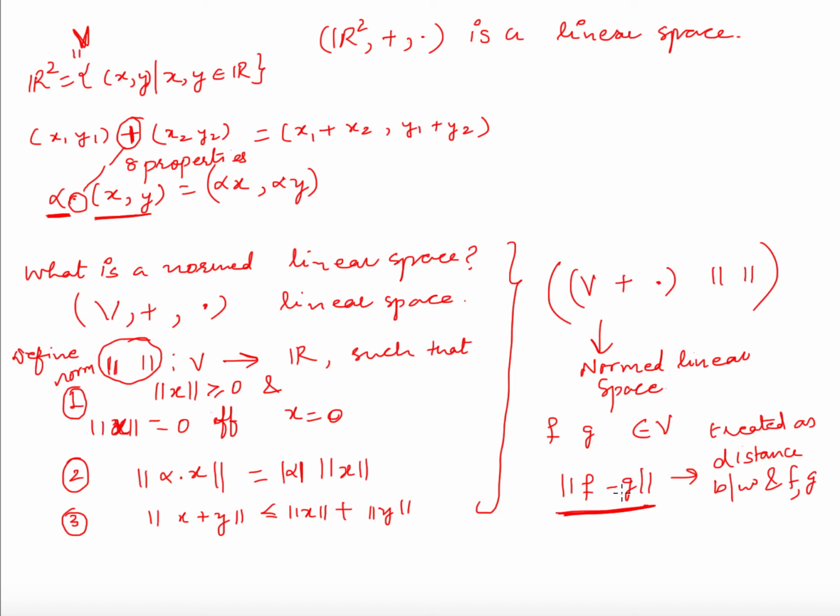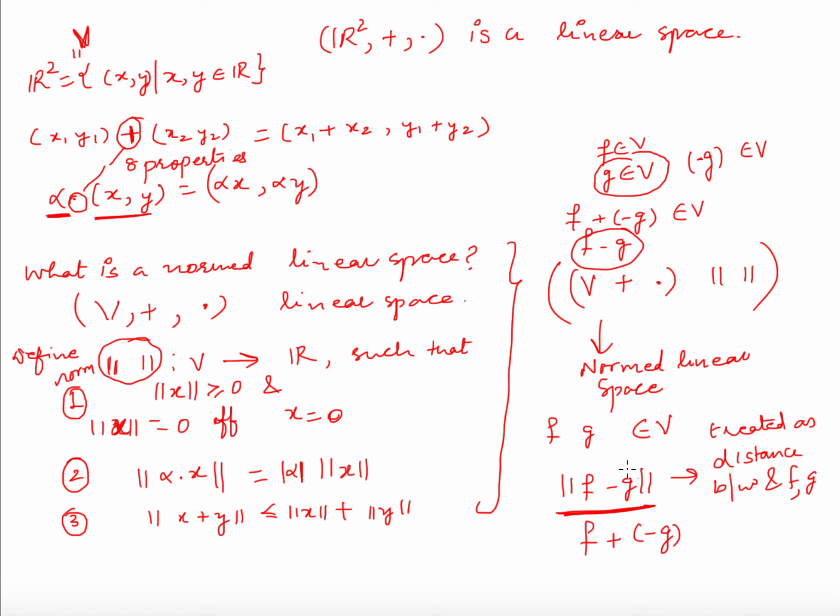What do you mean by this negative sign? Actually, f is an element of V, g is an element of V. I have shown you there is a property of this linear space: if g is an element of V, then there exists an additive inverse. This minus g does not mean negative of g, it is just an additive inverse. So I know that there is an additive inverse in V, and then I have f plus minus g. This is an element of V which I am denoting by f minus g. So this f minus g is actually f plus, this is the operation, minus of g. Minus of g is the additive inverse of g.